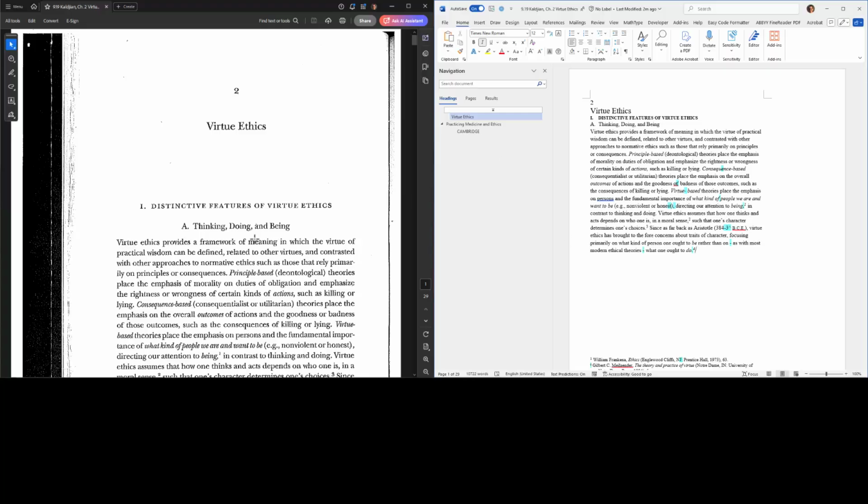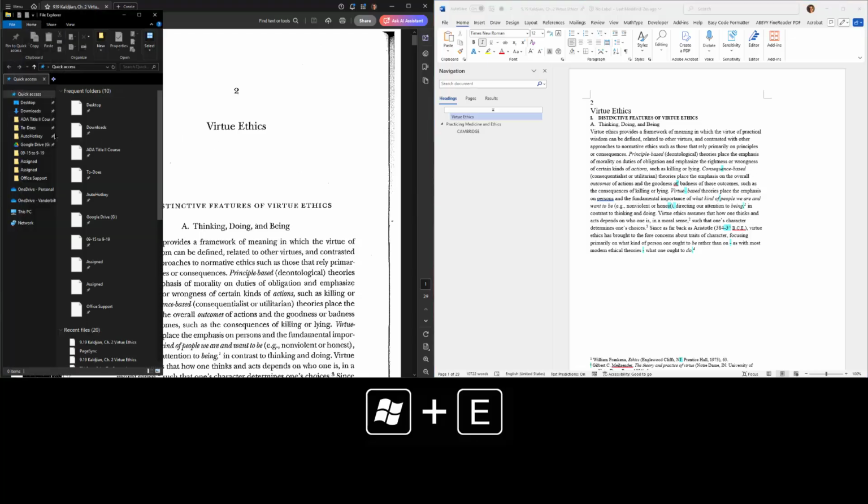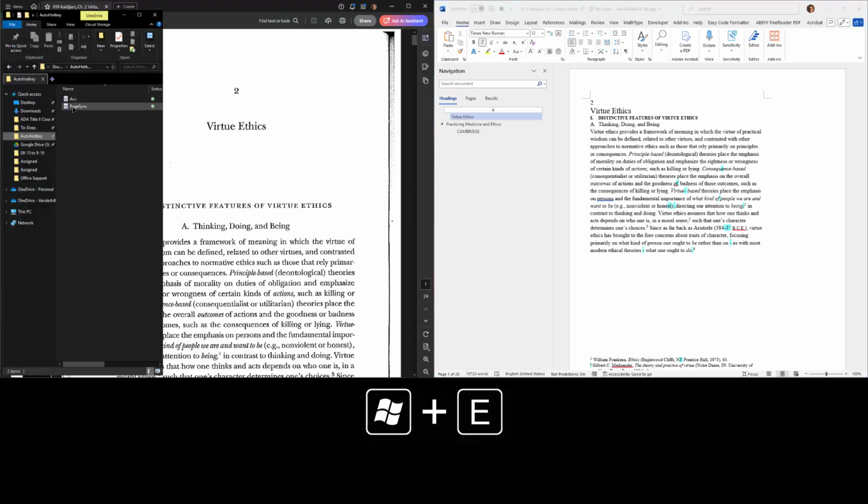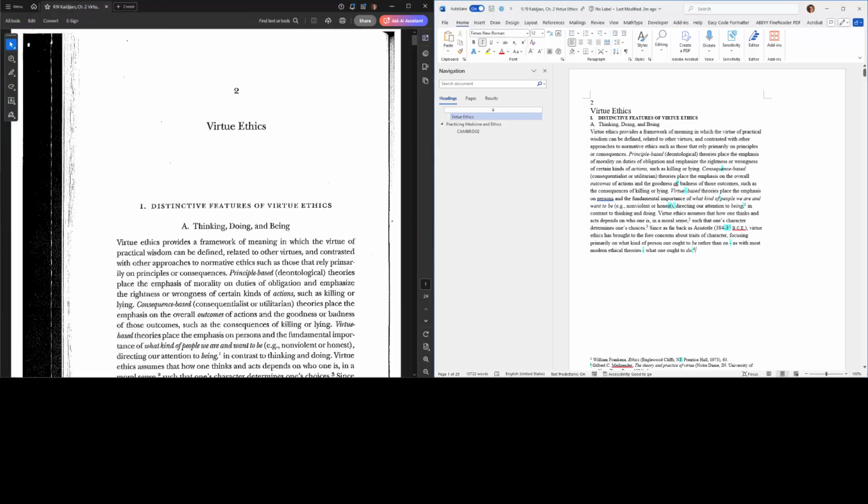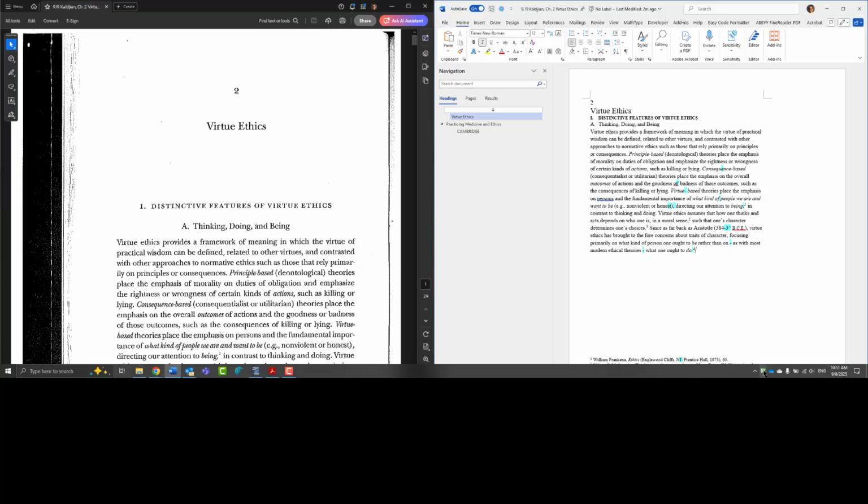And in order to synchronize these pages, I have a special script in the program AutoHotkey. So I'm going to open that script called PageSync. And once that is running, I can confirm in the system tray that PageSync is running.